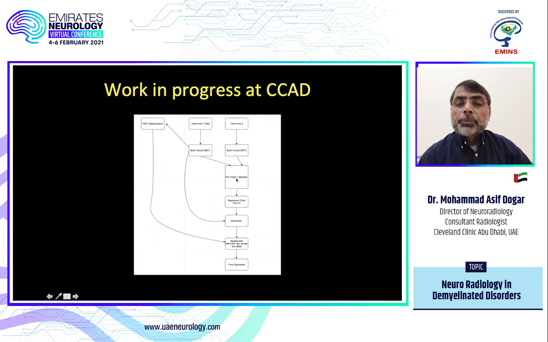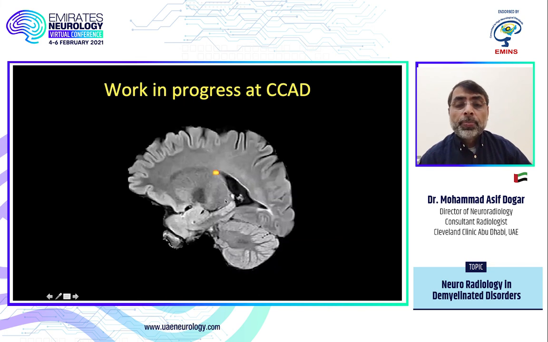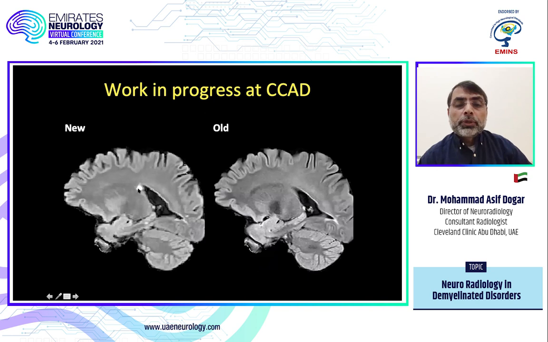We have started developing our own program. This is just for those who know the programming. These are the different steps to do the subtraction. So we have this case, this patient has 16 lesions, and we subtracted all of the old and the new scan and only label this lesion. Then we go back to the images and compare it. So the new one has a lesion here and the old one does not. So this program automatically aligns the images, subtracts the calvarium.